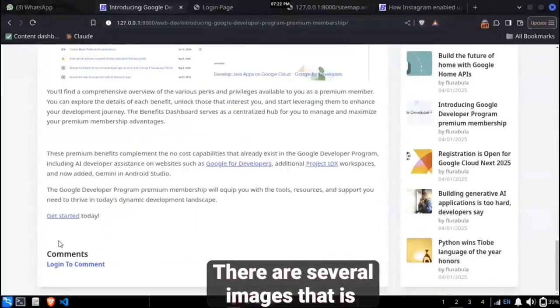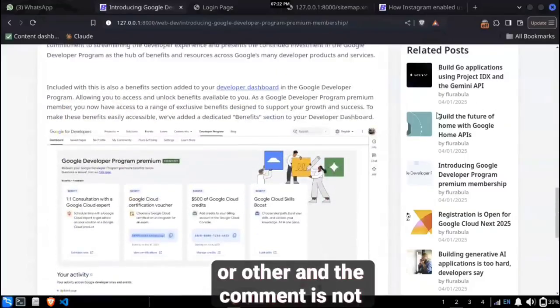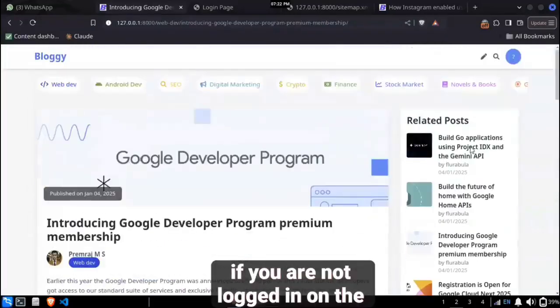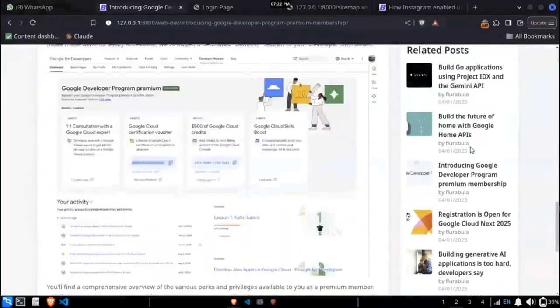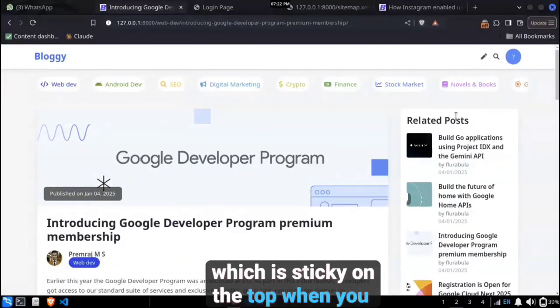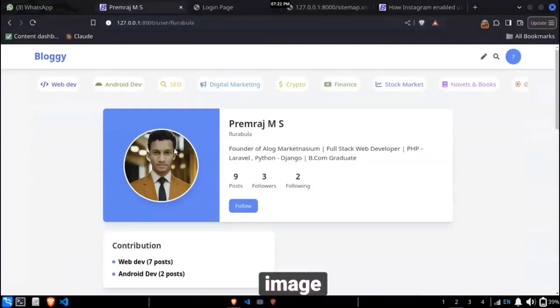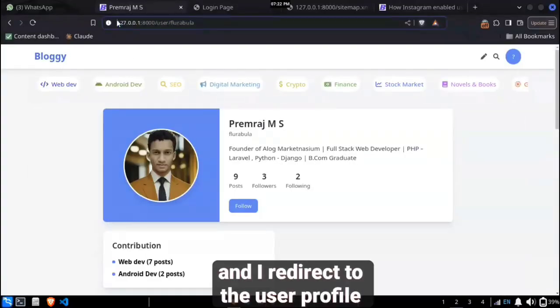There are several images uploaded by the user or author, and commenting is not allowed if you are not logged in on the platform. And on the right side you can see the related posts, which are sticky at the top when you are scrolling. Now I clicked on the user profile image and I was redirected to the user profile page